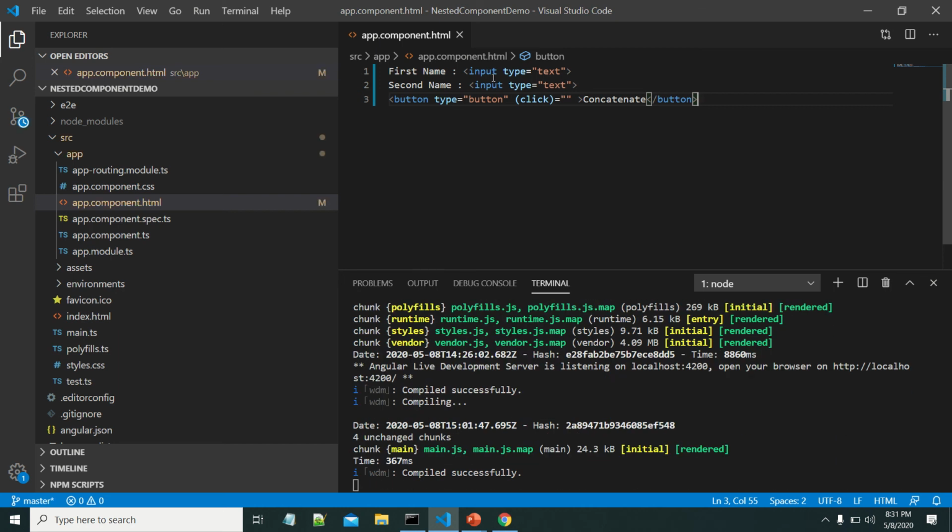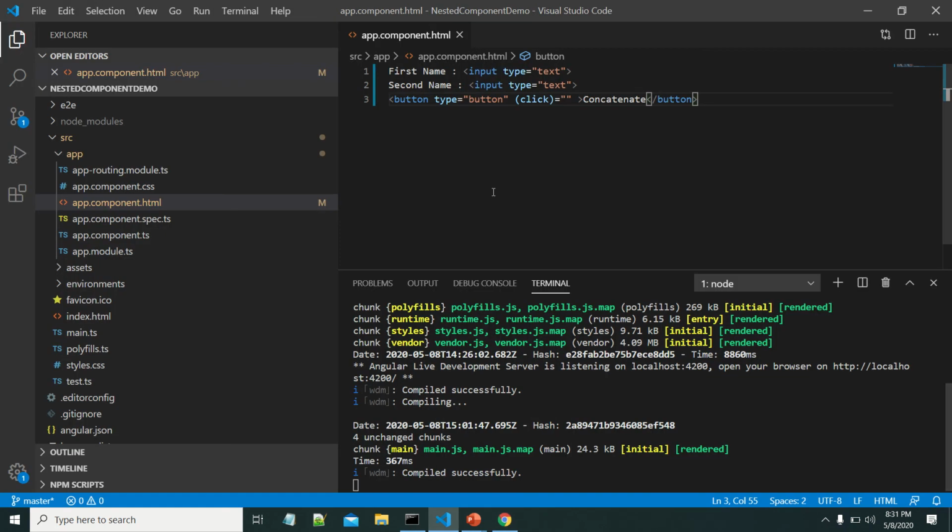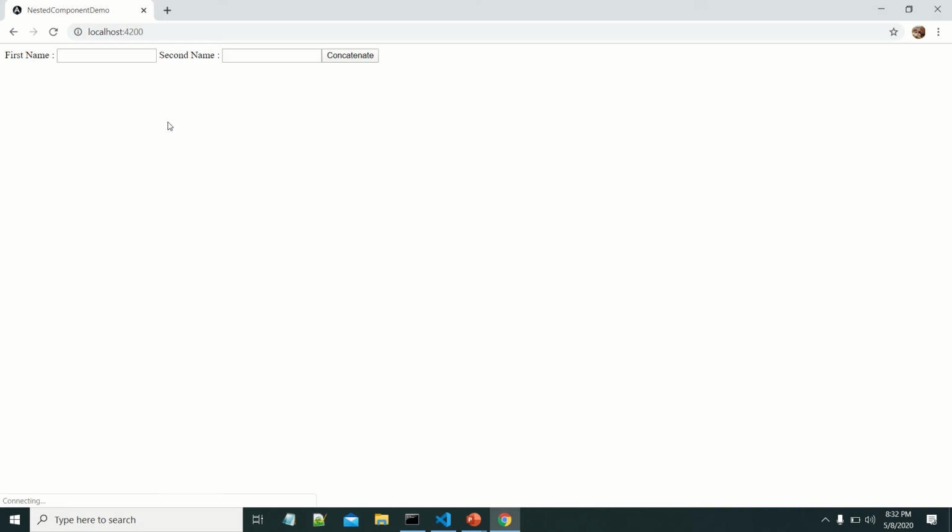Here in first name, we need to give, let us see the output here. Yeah, we can see the first name, second name, and concatenate.